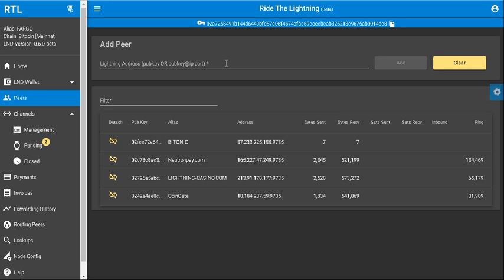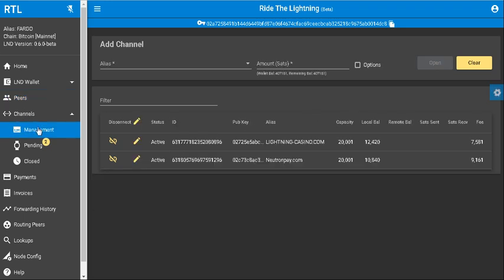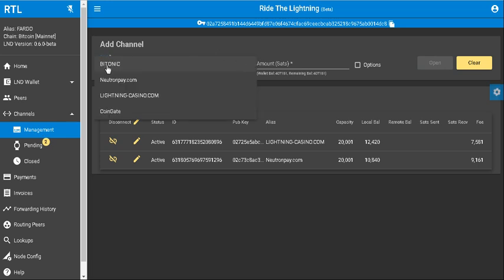You get their public key, and then you add it here, and then they become a peer. Once you have added a peer, you can then go into your channels and into management. Then you go into your alias, you click one of these, say BitTonic,